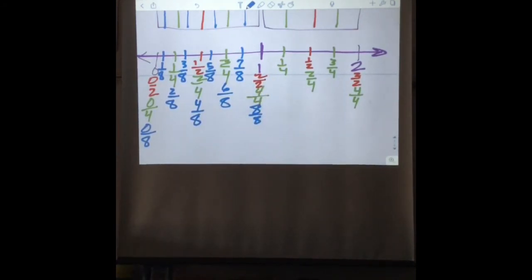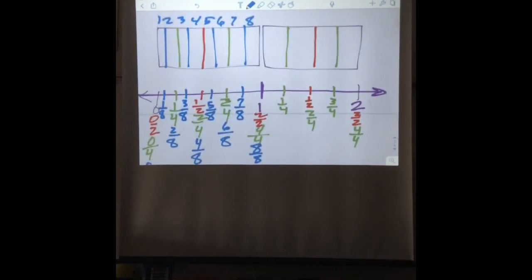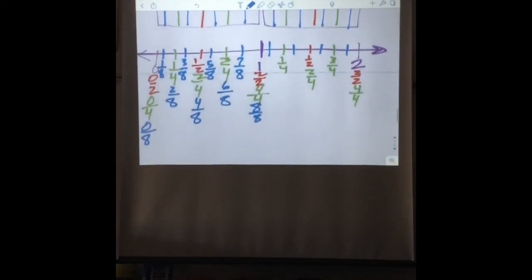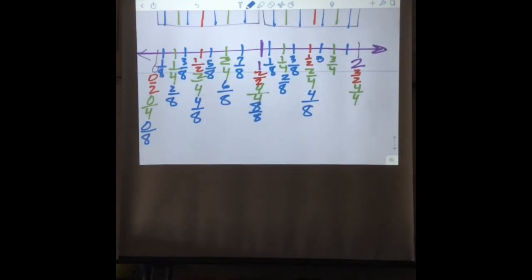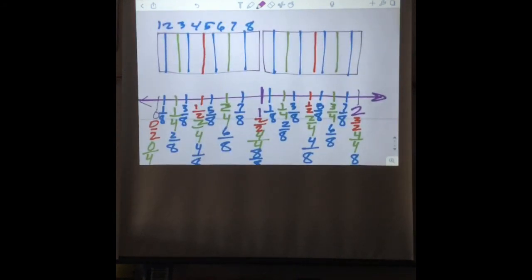Now we could just say, okay, you divide these two as well, right? Because we have to make everything the same. So this would be 1/8, right? 2/8, 3/8, 4/8. Do you notice 4 is half of 8? 5/8, 6/8, 7/8, and 8/8. Now if I had my box, let's say I have a whole box here, a whole box,